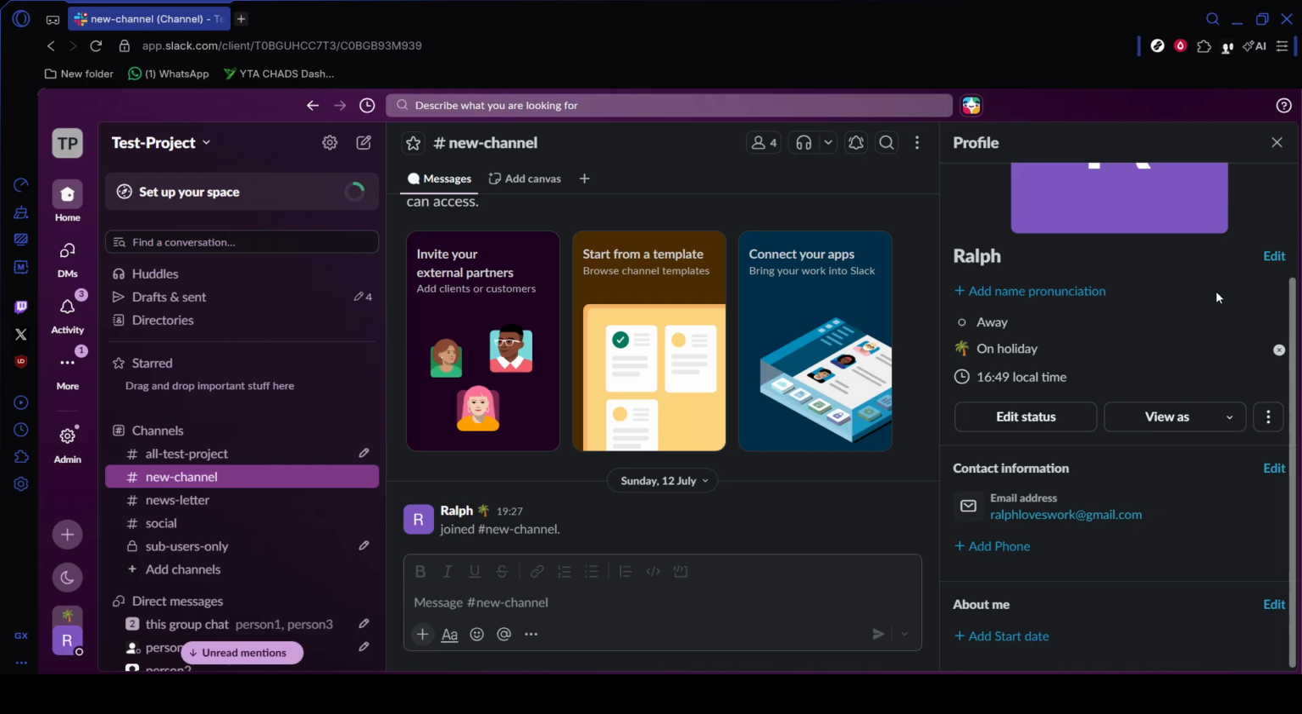If Slack asks for permission to use your camera, allow it. That's necessary so the app can scan the code from your computer screen. Point your phone's camera at the QR code and line it up clearly in the frame. Hold your phone steady for a second or two while the app reads the code. Once the scan is successful,